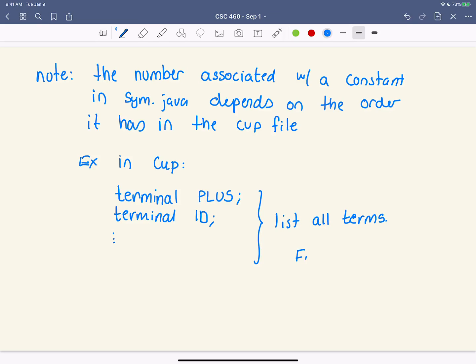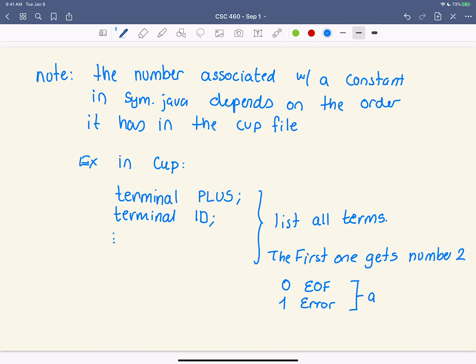And the first one gets number 2, I think, because 0 is end of file and 1 is error.